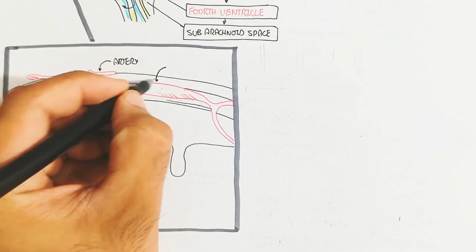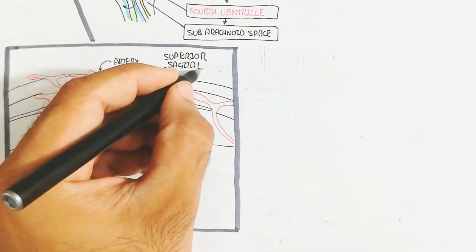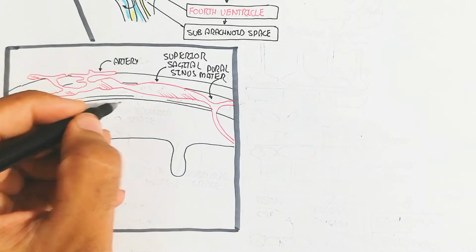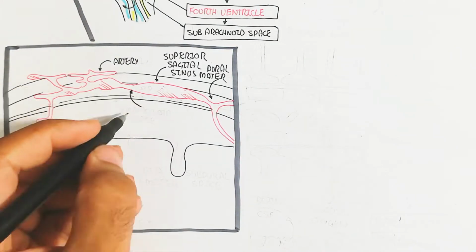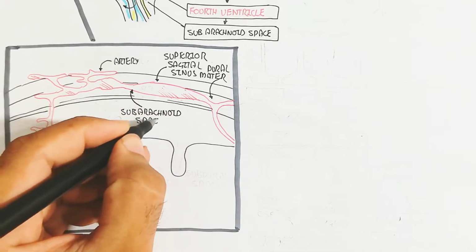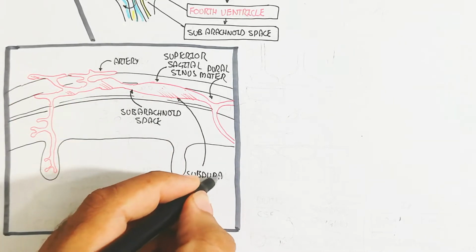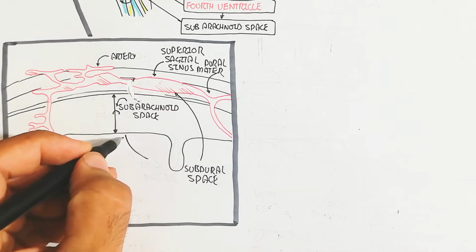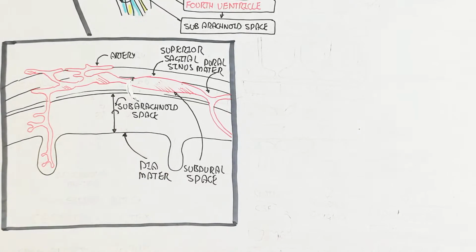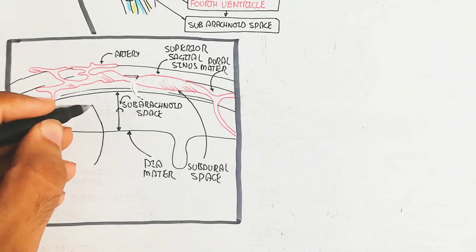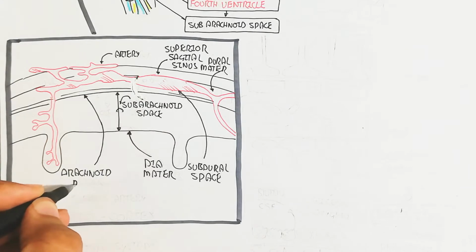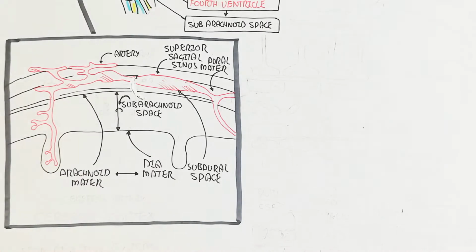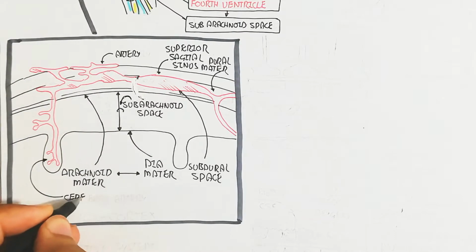So let's begin to understand the bigger picture of where the cerebrospinal fluid is present. The subarachnoid space contains cerebrospinal fluid. How it is produced, we will also learn. Here is the subdural space, between the dura matter and arachnoid matter, and this contains the meninges. The meninges contain the subarachnoid space, which contains the cerebrospinal fluid. This is the arachnoid matter and this is the pia matter. Between the arachnoid and pia is the subarachnoid space, which contains